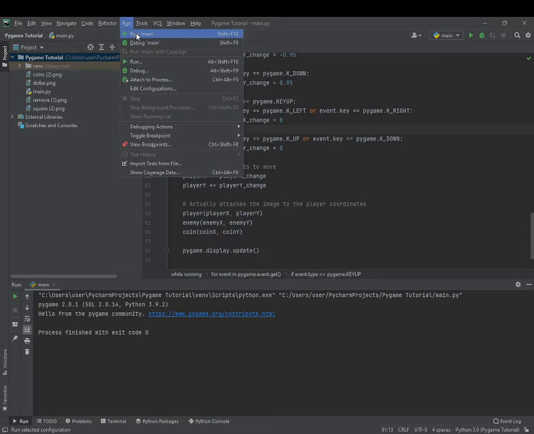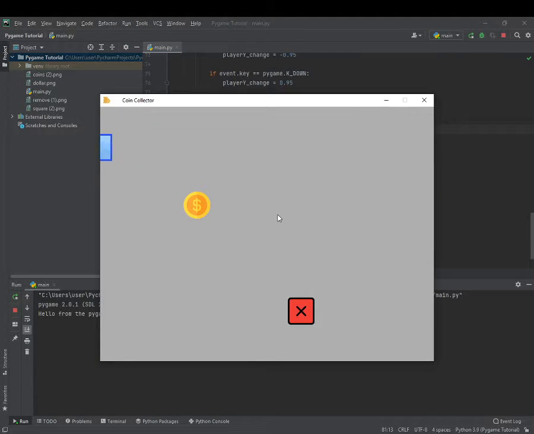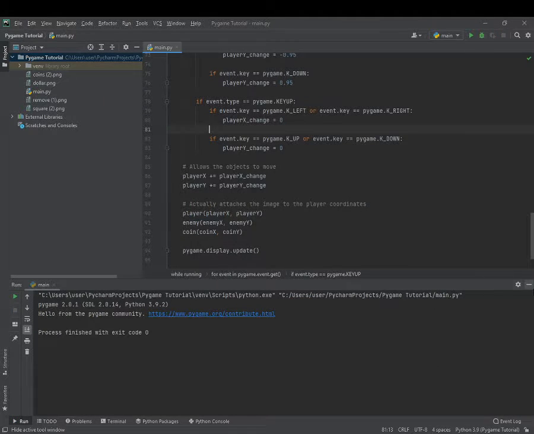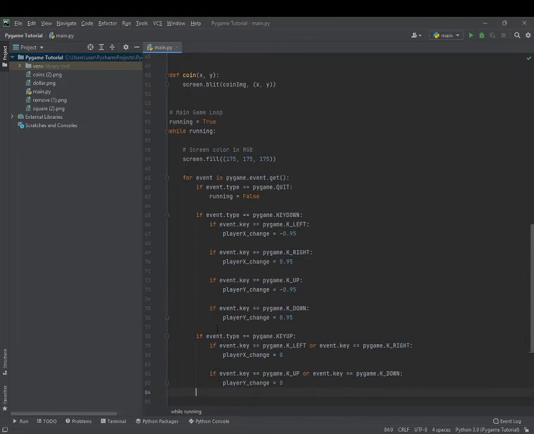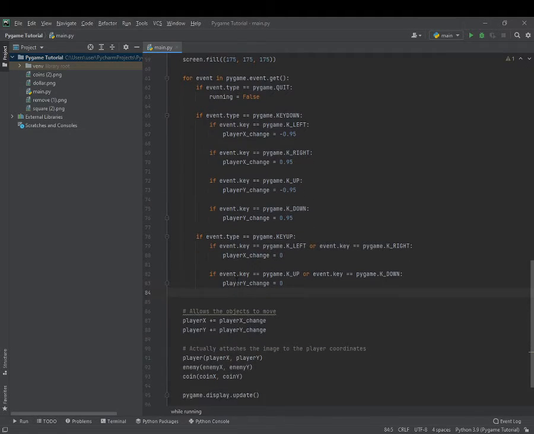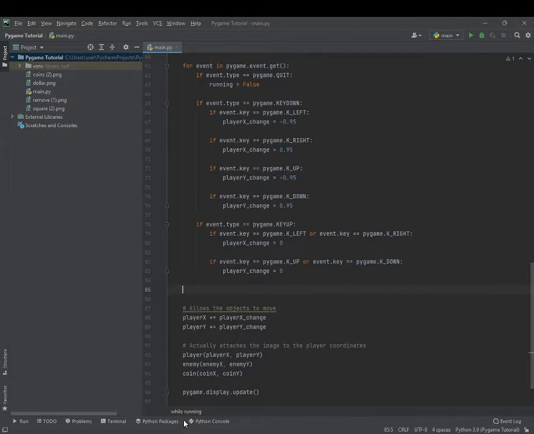Oh yeah, and another quick thing, the player can just move off the screen. He can go anywhere. So we need to fix that real quick. And we don't want it to be under any of these conditions. We just want this to be under the while running. So I'll just say like player border,